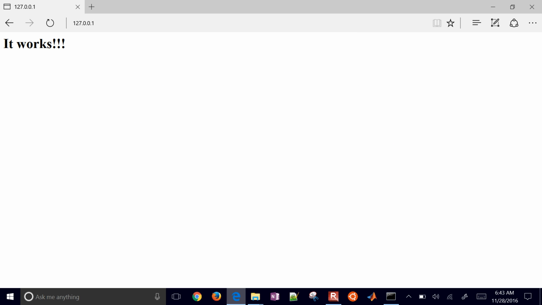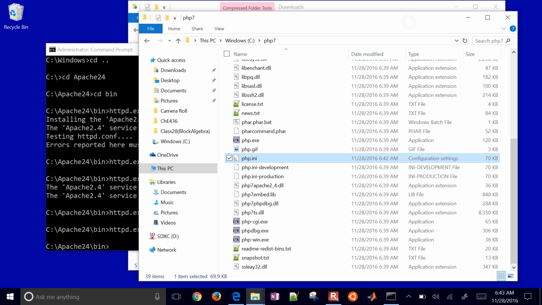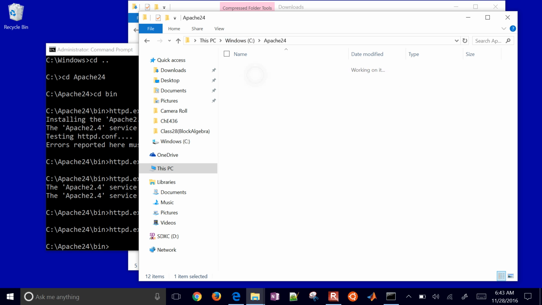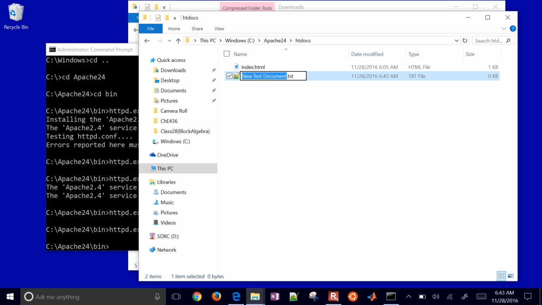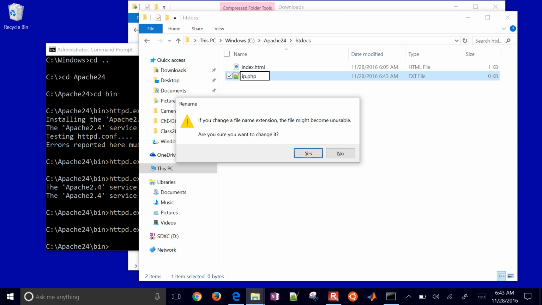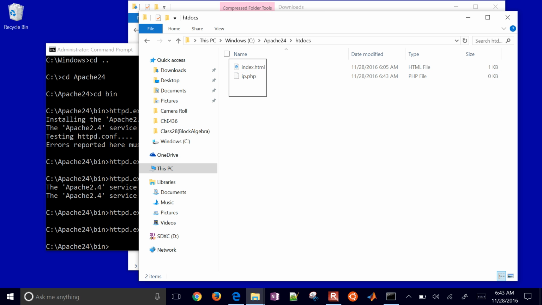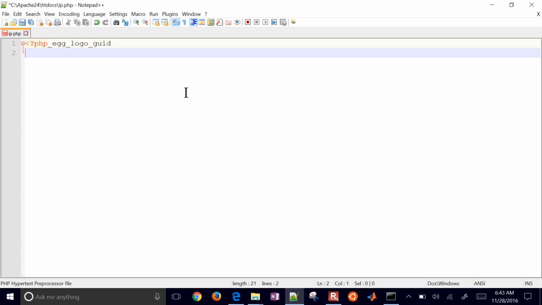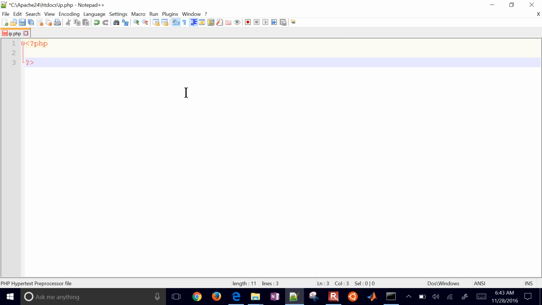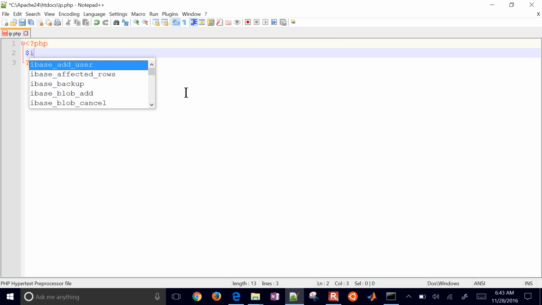Now what I want to do is just test a PHP file in there. Go ahead and run a PHP file and just create a new text document. For example, I'll just get my IP address .php. Okay, so I'll write a first PHP script, and I'll edit that as well. And to do that, just start it with PHP. Oh, there's an autofill there. Okay, and then I'm going to go ahead and end it with that,